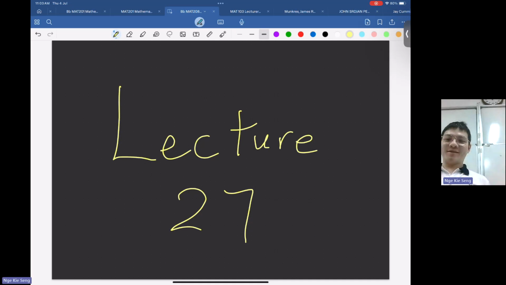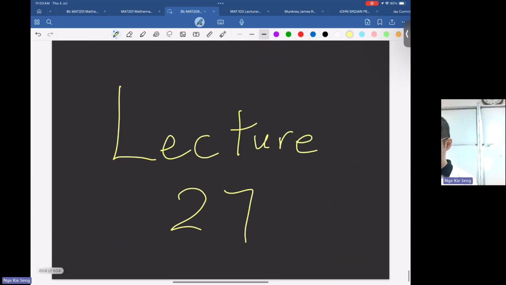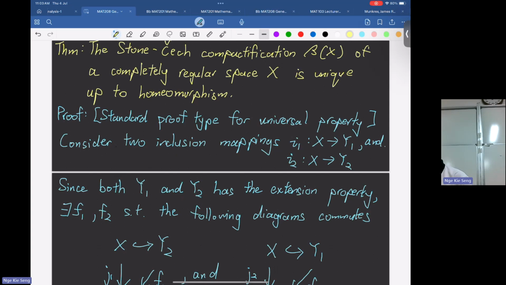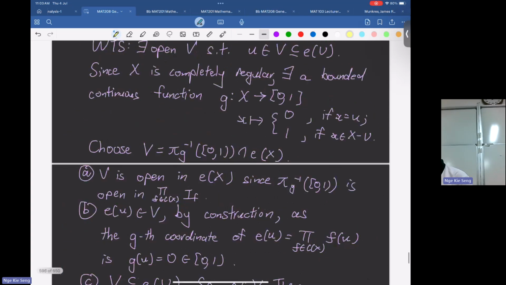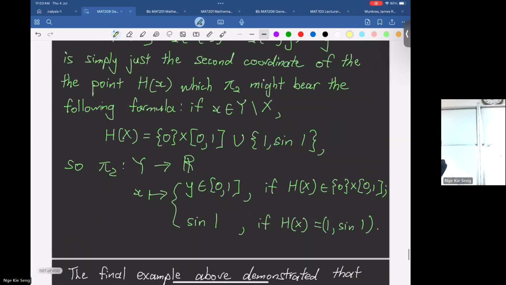Okay, before we begin with new stuff, yesterday I cleaned up some detail in the proof. I've uploaded it to the Moodle. So let's go back to the Alexander